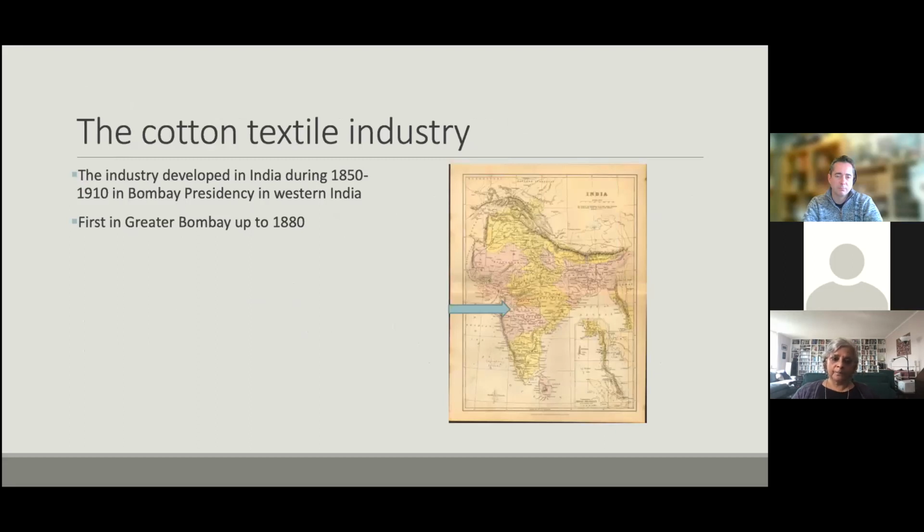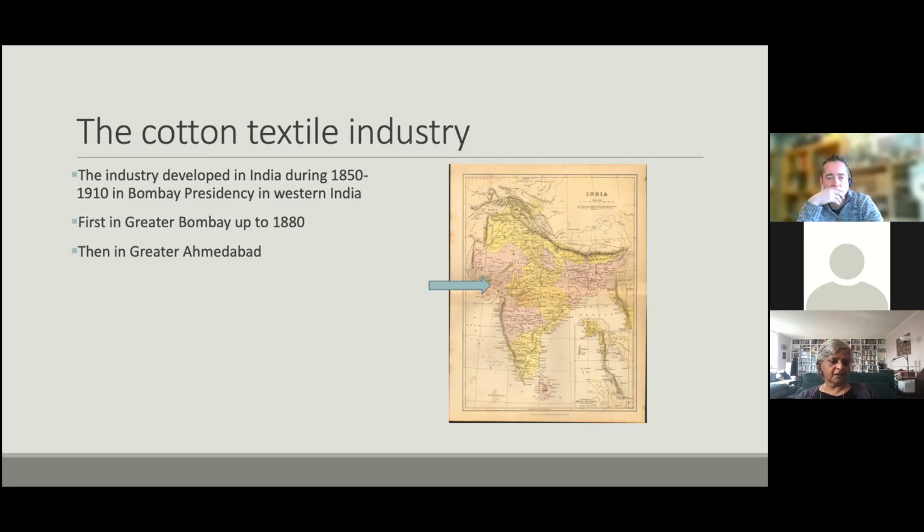So during the period 1850 to 1910, in Western India, the industry developed in two regions. First in Greater Bombay, which you see on the map here. This is the first phase of the development, from 1850 to 1880. And then you have the second phase of the development after 1880 in Greater Ahmedabad, which is